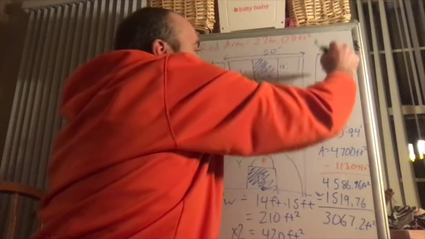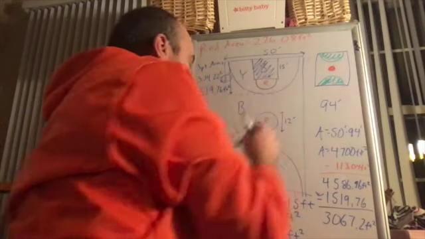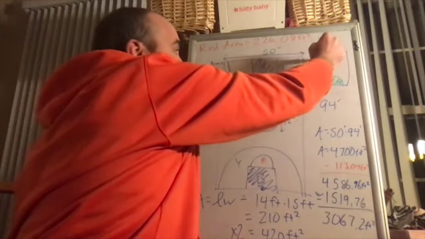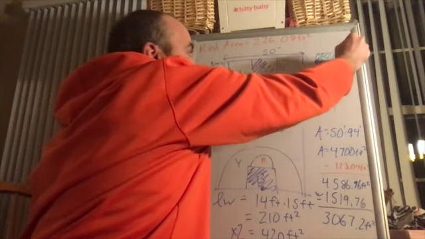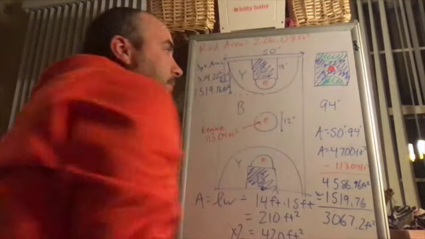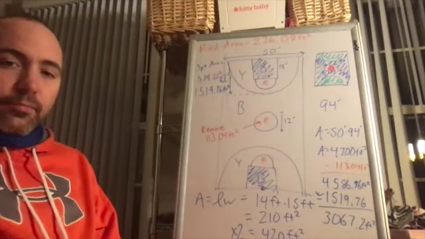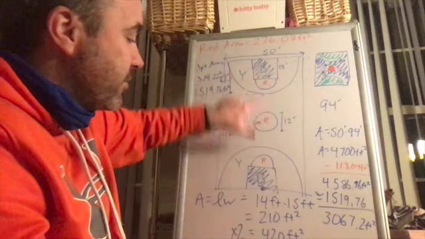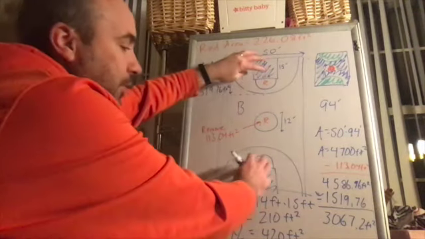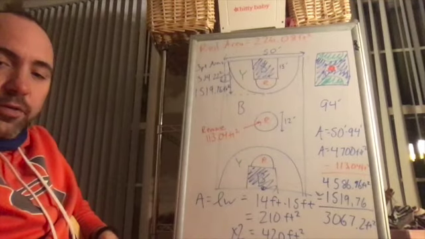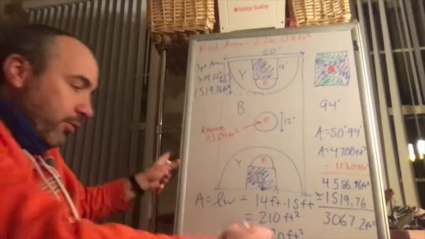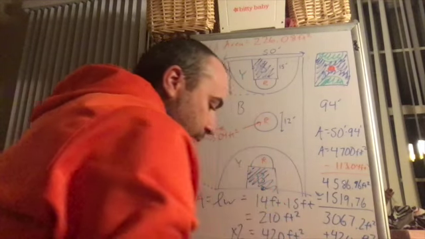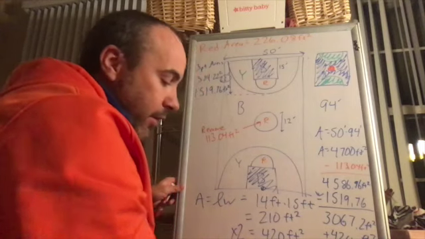All right, so I got rid of that part, got rid of that part. So what I have right now, this 3,067.2 square feet, is dealing with all of this area right in here, which is almost all of the blue. But what we have to do now, if you remember from the very beginning, we talked about these blue areas. Those blue areas combined were 420 square feet. So the last step to find the area of all the blue is just add that 420 to the 3,067 that we have, and that gives us